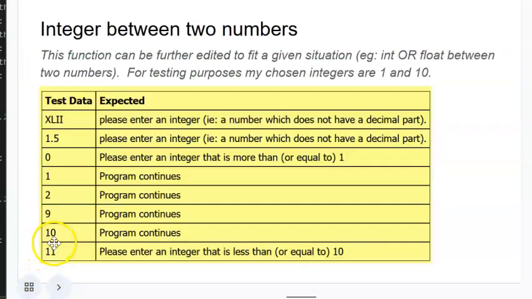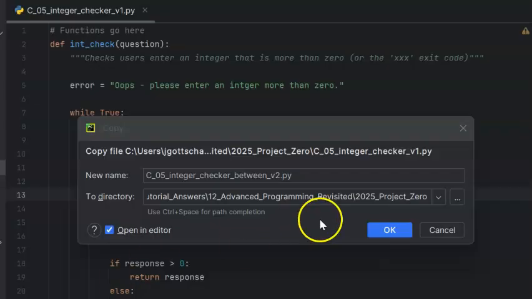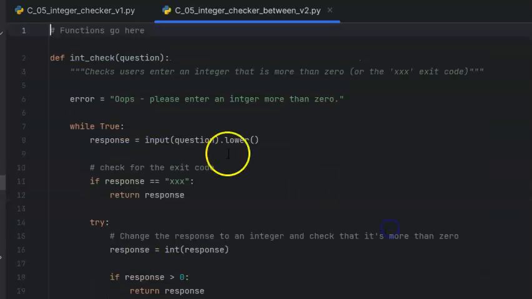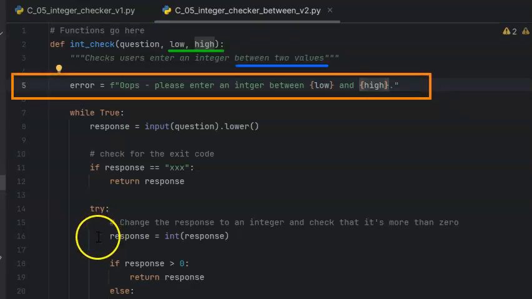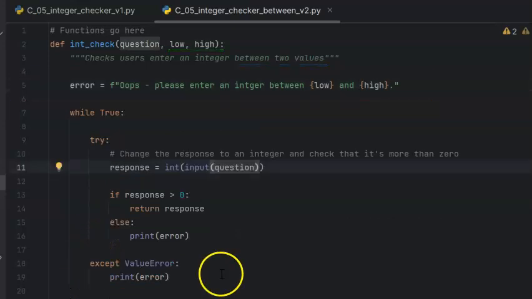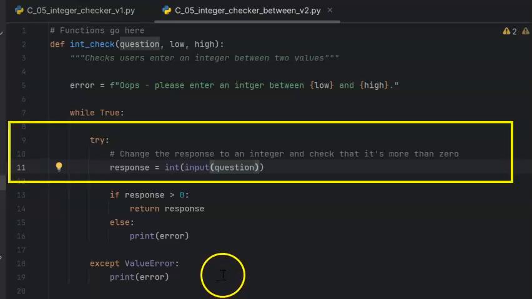Another trial for a number checker could involve checking for an integer between 2 numbers. My test plan in this case is checking for integers, so I'm going to go back to my integer checker. I can add in a parameter for my low number and my high number, update my docstring, and also update my error message. This time around, because there's no exit code, I can dive straight into my try code and